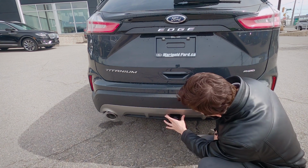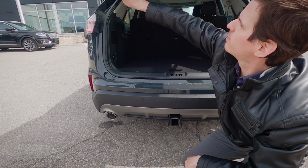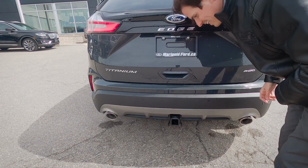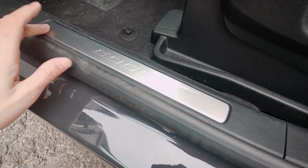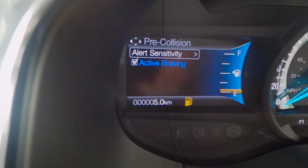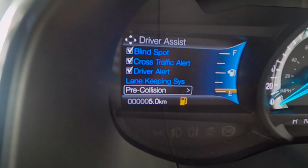On top of that, it's also cut out in the rear bumper. Now, towing wise, foot activated liftgate, and it recognizes it. That's hilarious. So it's not illuminated. Pre-collision assist: if the vehicle senses a potential collision, it's actively going to brake for us with that signal,